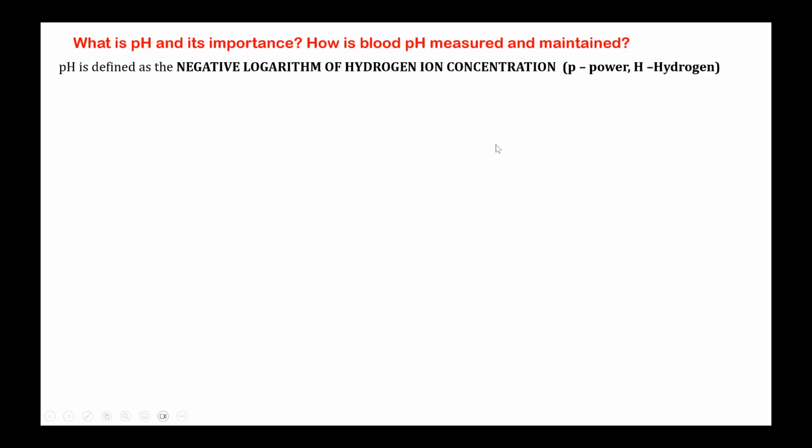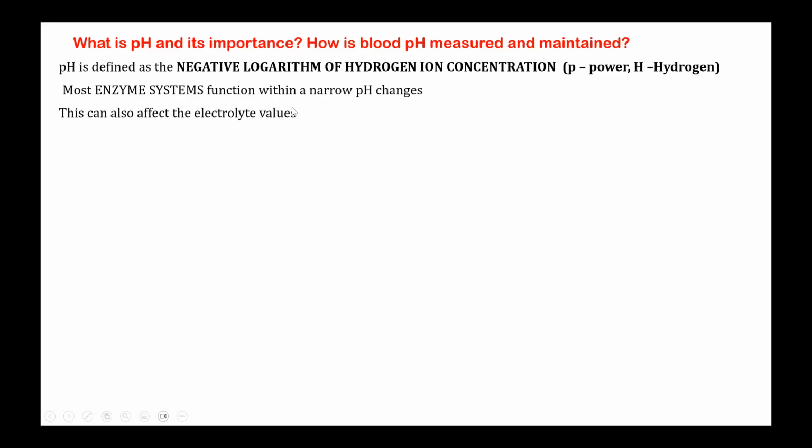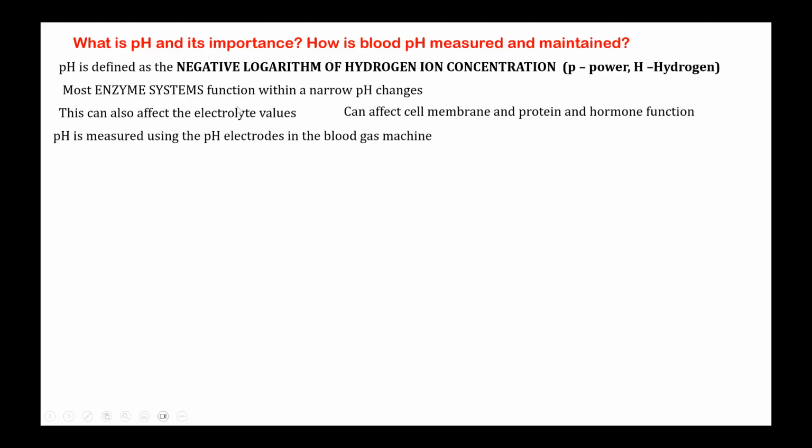Okay, so this is the definition. Why is pH important? These are the reasons. Most enzyme systems function normally only within the normal pH range, and changes can also affect the electrolyte values if they go astray. It can affect cell membrane, protein and hormone function. And pH is measured using the pH electrodes in the blood